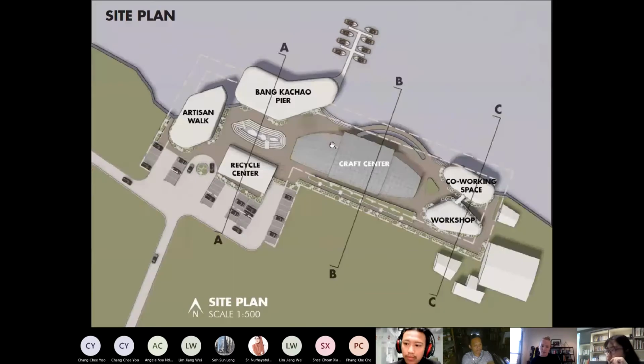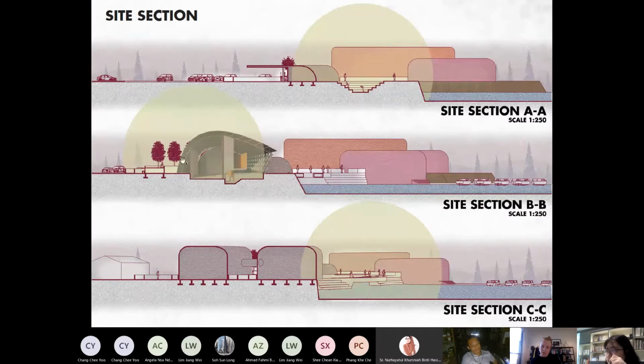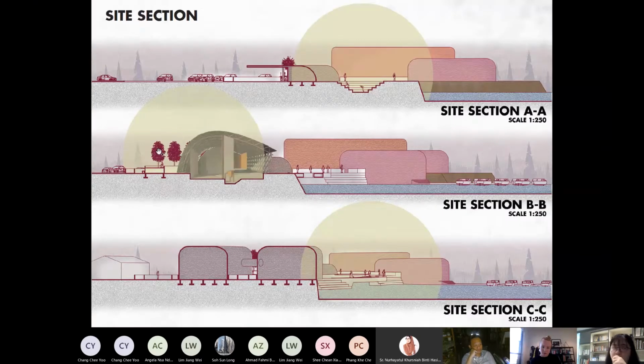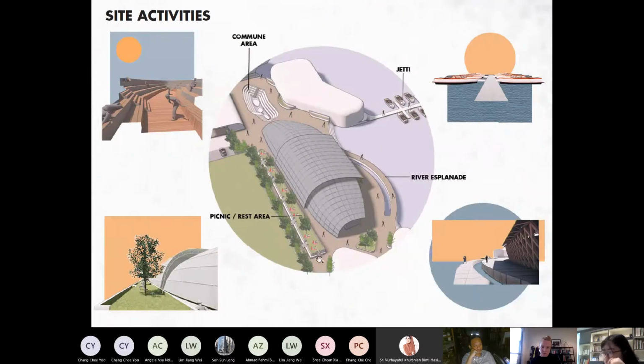Then coming to section B, where it's cutting through the building, one thing I want to highlight is this green part, which is like a picnic or rest area on the site, where you can see people sitting around and chilling on the elevated scene. The reason I made it elevated is that here it's surrounded by trees and the existing site, so I elevated it to have more view of the site.